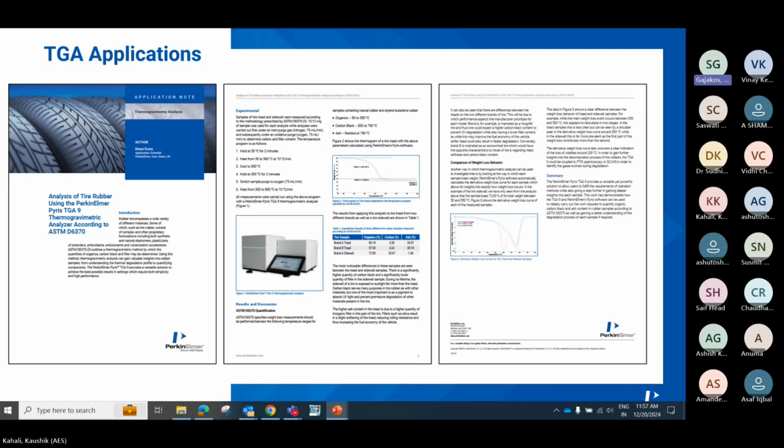Then hold at 300 degrees for 2 minutes, and here it asks to switch the gas from nitrogen to oxygen at 75 ml per minute. Then the sample should be heated from 300 degrees to 800 degrees at the rate of 10 degrees centigrade per minute. That method has been applied, and as Kaushik mentioned, our instrument is well capable